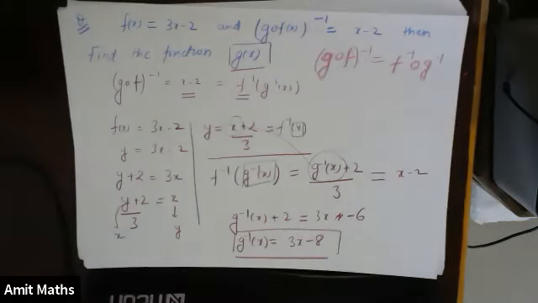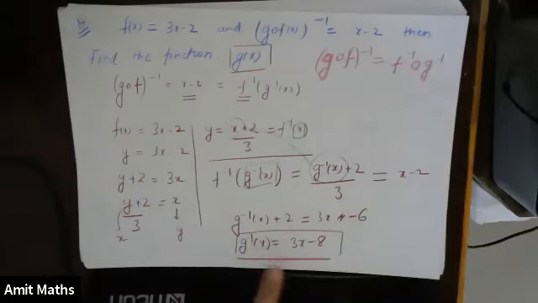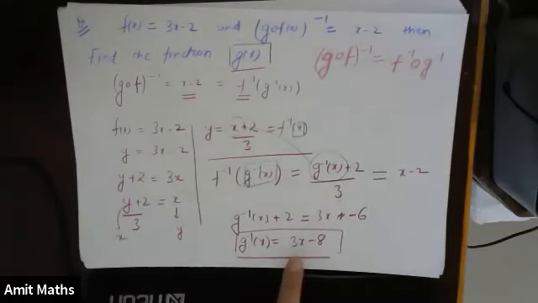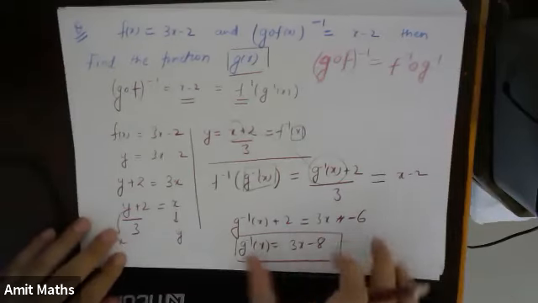Okay. So just check till here, what we have got. And then after this, I think it will be very simple for you to find. If you have got g inverse of x, I can find the inverse of this. Inverse of g inverse x will be g of x. Okay. So from this, I can definitely find g of x. First you check till here, then we'll solve the remaining part. Understood? Till here everything is fine?